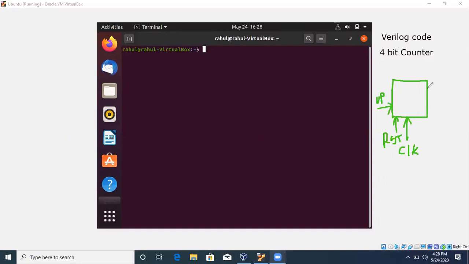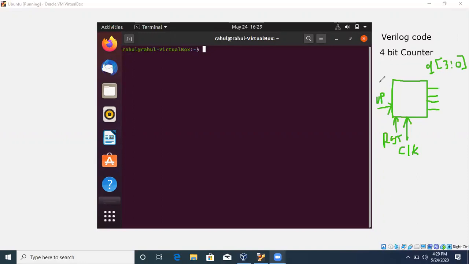And we have 4 bits of output, which is denoted by Q of 0 to 3. That means 4 bits of output Q0, Q1, Q2 and Q3. So we have 3 inputs and 1 output, which is 4 bits.